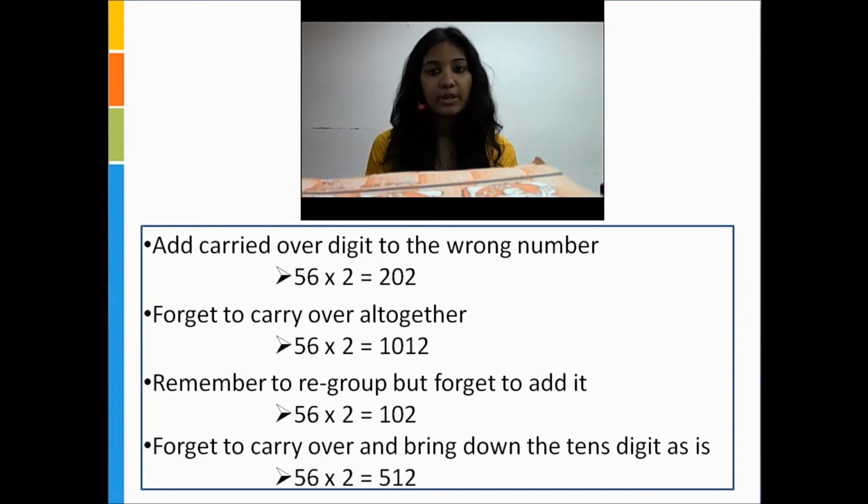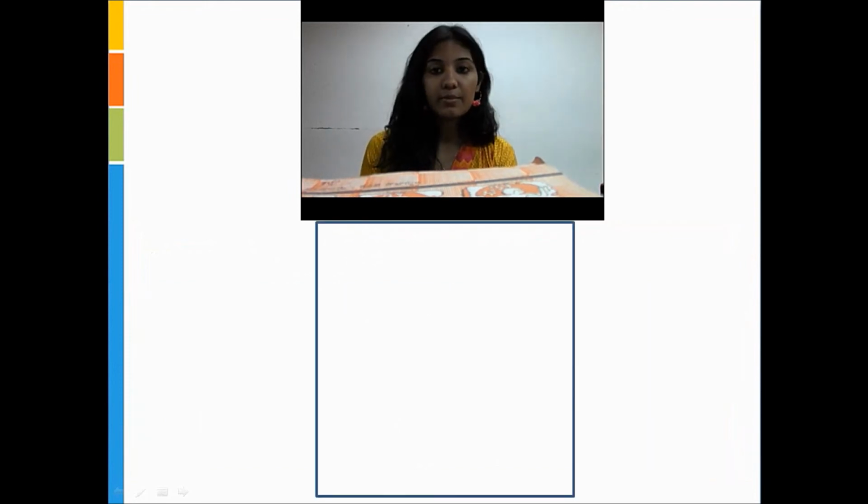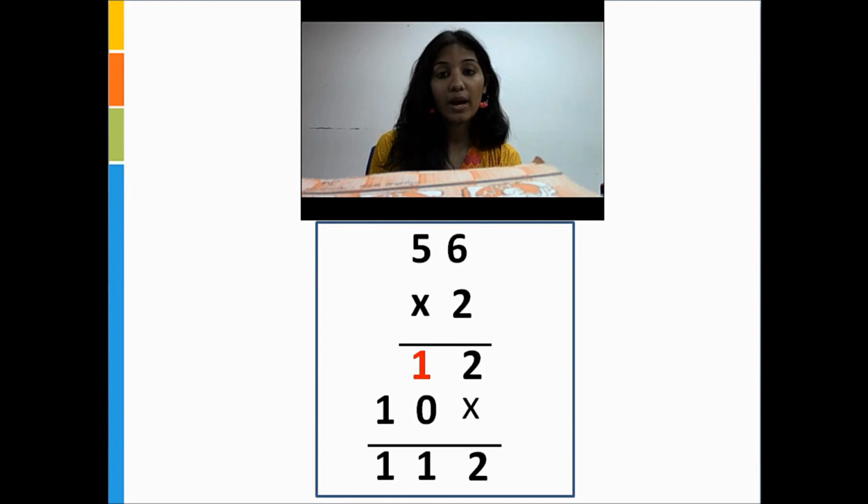An effective way to prevent or address such errors would be to stress on why regrouping or carrying over is done and not just focus on the procedural part of how it is done. This can be done by using the method that is generally introduced to teach multiplication of a 2-digit number with another 2-digit number as shown on the screen. In this way, it can clearly be seen why the carried over number exists and where it has to be